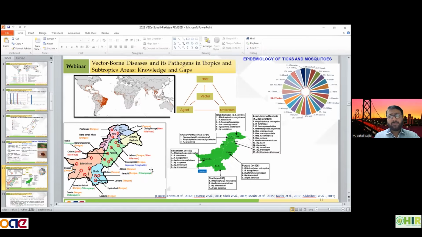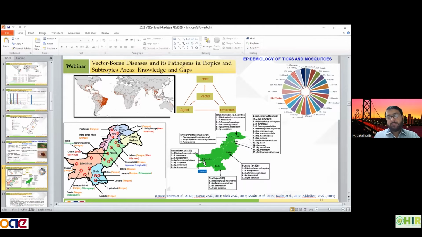So this slide shows that although we have a temperature variation from south to the northern parts, with some of the highest mountains in the world in the northern area and the coldest environment, still the arthropods are very successful in making their lives over there, whether it is a below zero temperature, or an arid temperature, or a sandy temperature in the middle of the country, or a kind of wild desert climate in the southwest part of Balochistan, we can say.